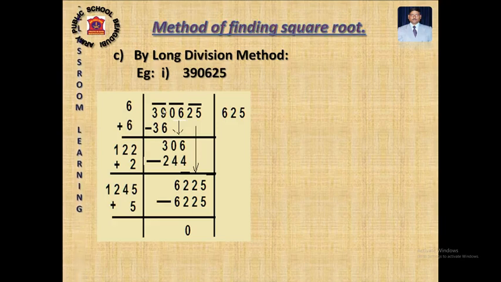Now after subtraction, I am getting 3, and thereafter we have to bring down the next pair of numbers. Earlier the quotient was 6; make it double, it will be 12, or you can add these two and you will get 12. Imagine there is a 0 after it, that means 120 you have, and your dividend is 306. How many times can it go?